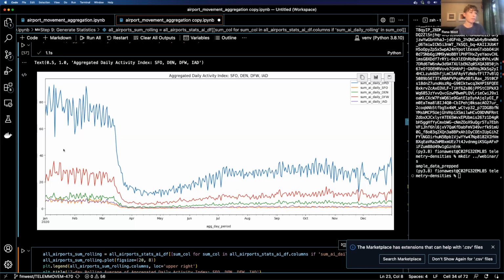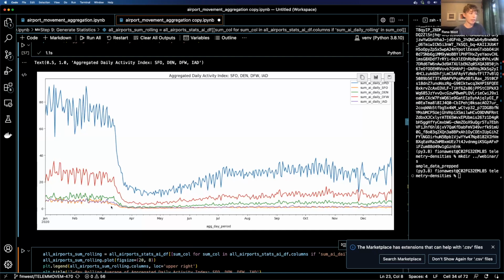So we can see some things right off the bat. All the airports start out with relatively stable activity. I say relatively because I know that it looks kind of spiky. We see a lot of variability in our data over the course of a week, usually. There's kind of weekly patterns. You can see that best with, I think this is Dallas down here. You can see this weekly pattern. Sometimes there's a lot of other stuff going on, I guess, at airports where you have huge spikes in activity and less activity on other days. But basically, all the airports have pretty stable activity for the first couple months of the